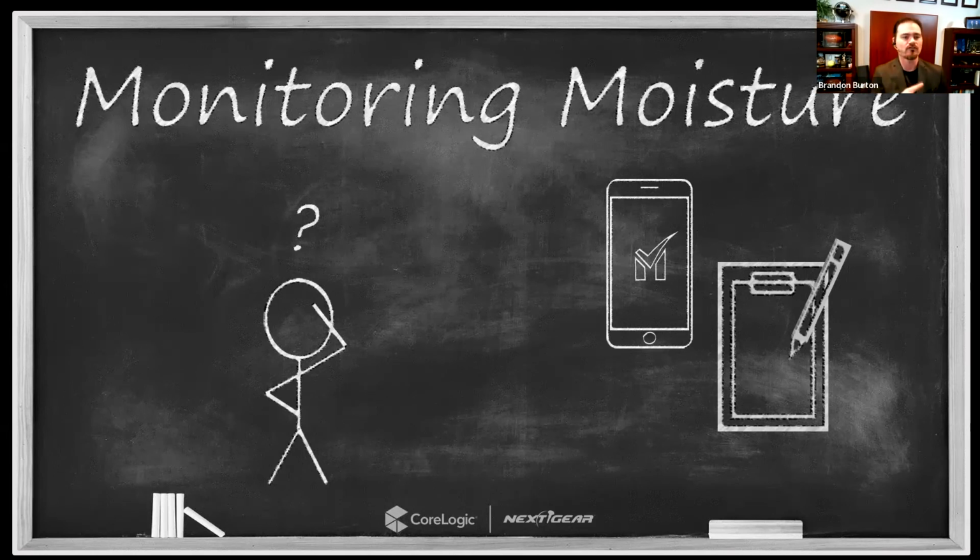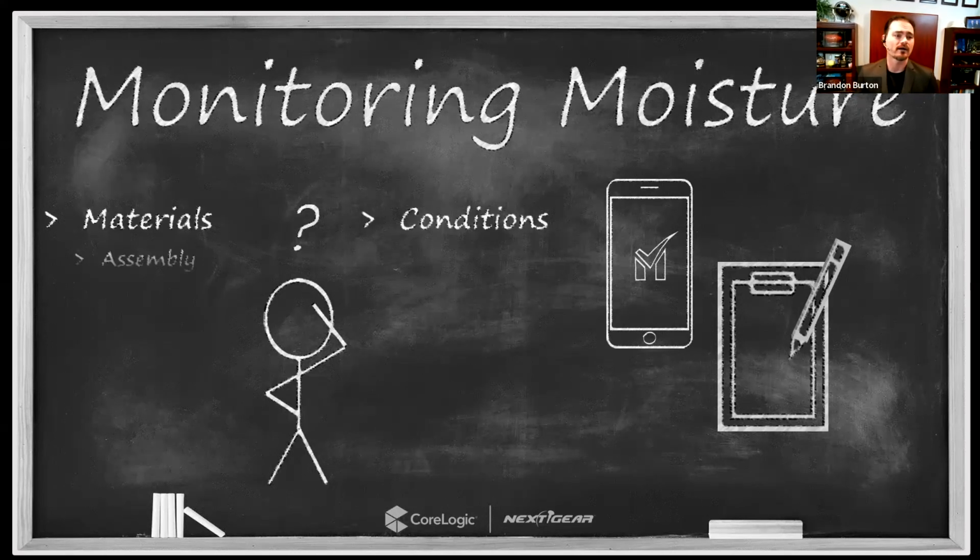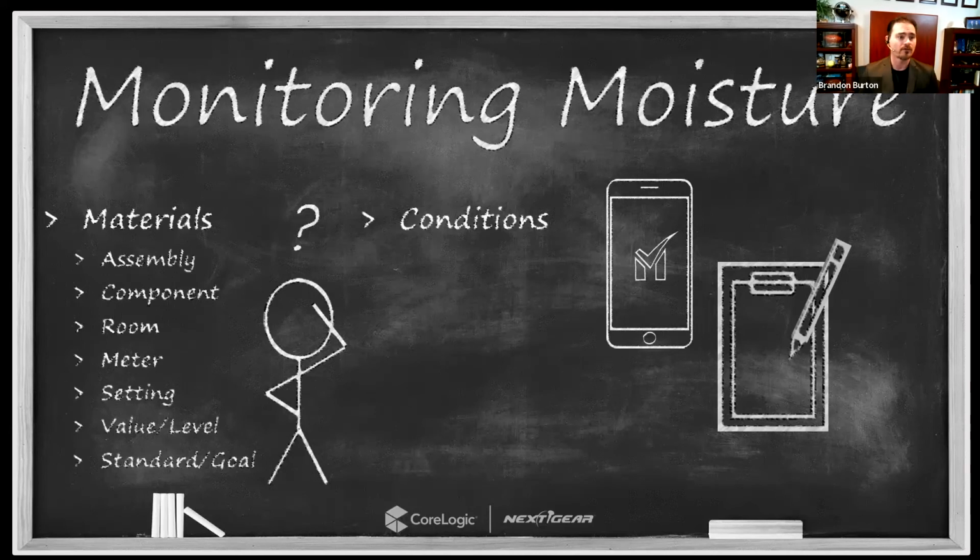But to get to that, let's first talk about what you're going to document. In terms of monitoring, here's what needs to be documented. At a minimum with building materials, we need to document the assembly that's being monitored, the component that we're specifically targeting, the room we're in, the meter we're using, the setting it's on, the value obviously that we get from the instrument, and obviously whatever dry standard or dry goal we're using as a benchmark to indicate completion